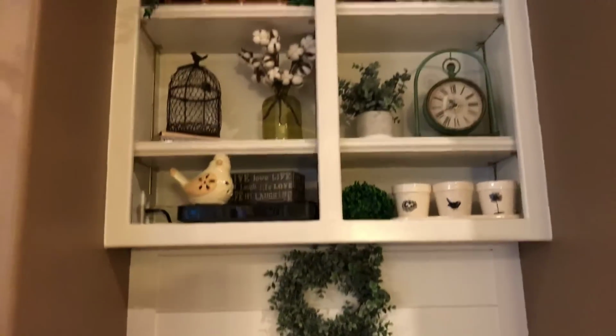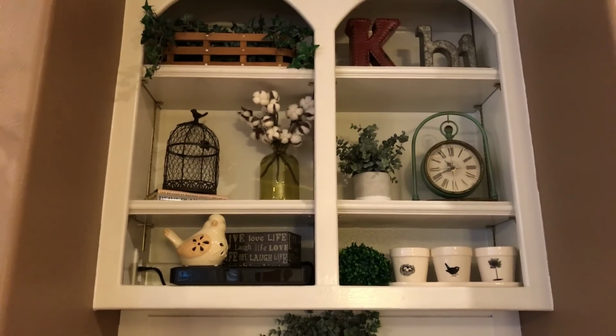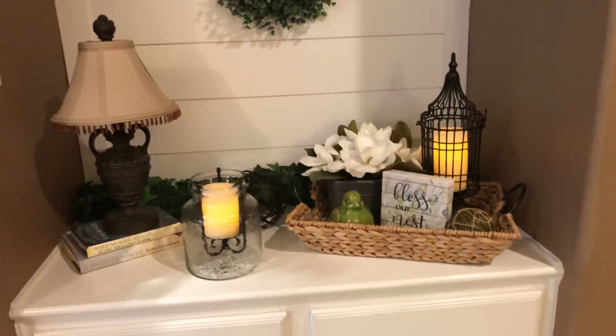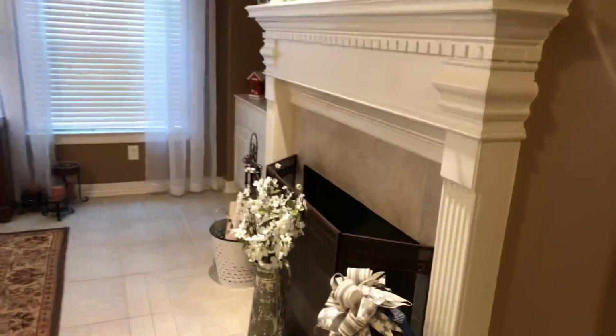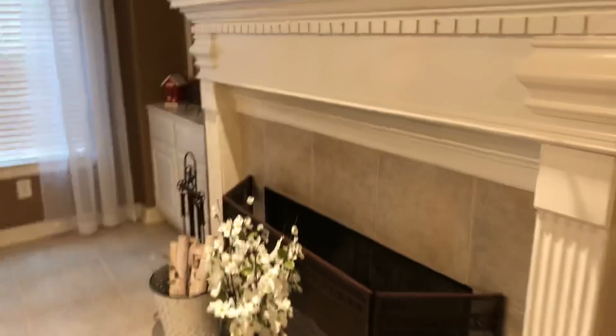And then I didn't change anything up here on my shelves. It's all pretty much the same. It'll get changed when I do Easter. So that's that. Then here we're at my fireplace, and I decorated this with you the other day,